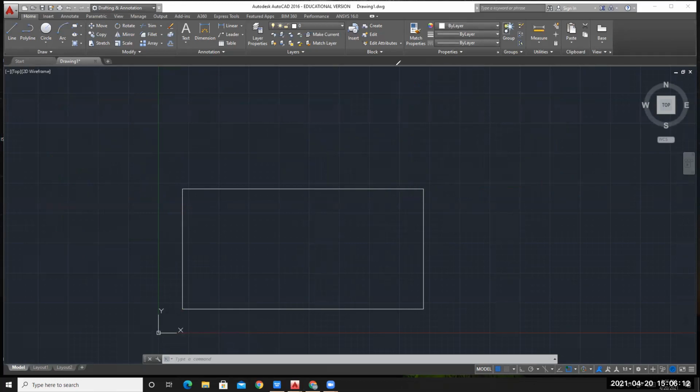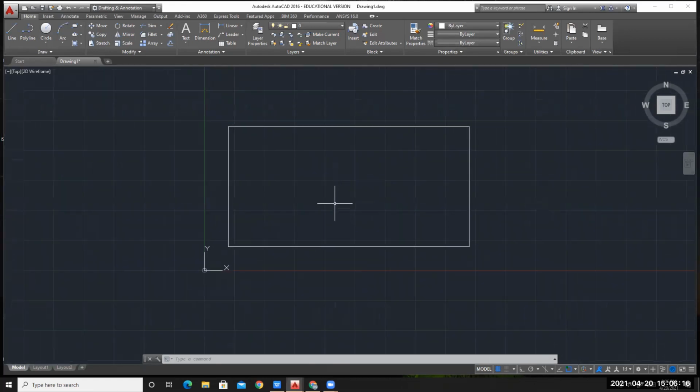So we all now know that this is a rectangle of dimension 100 and this height is 50. So let's give the dimensions. Here in AutoCAD, we can give the dimensions as well. Okay. So where is that dimension key? Dimension option is available here.